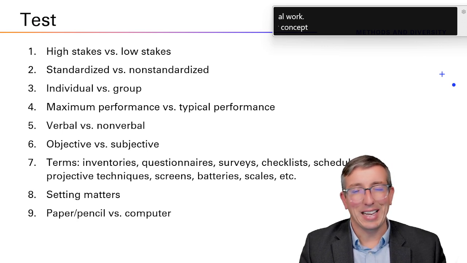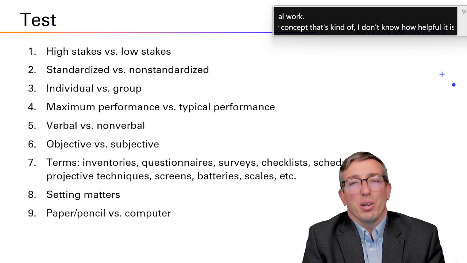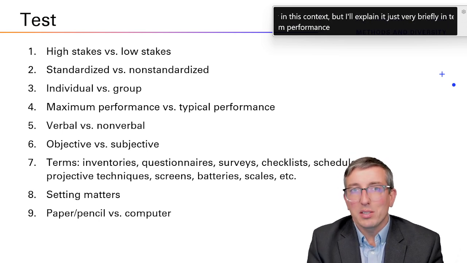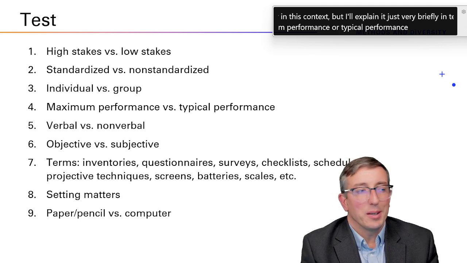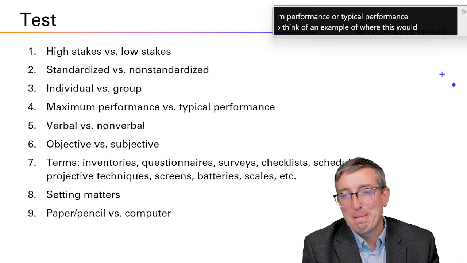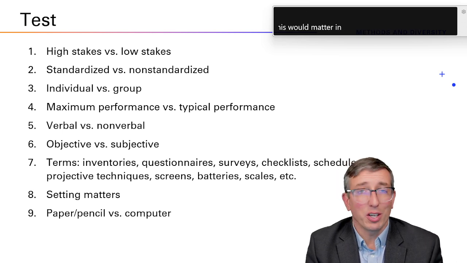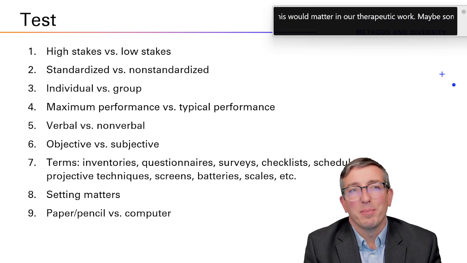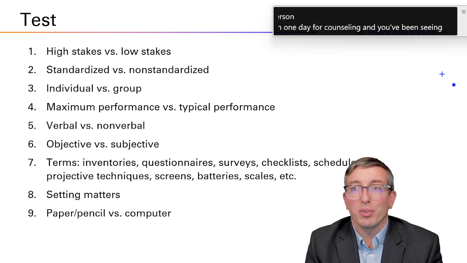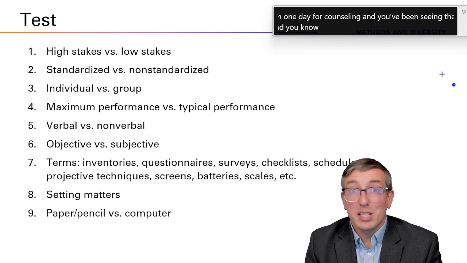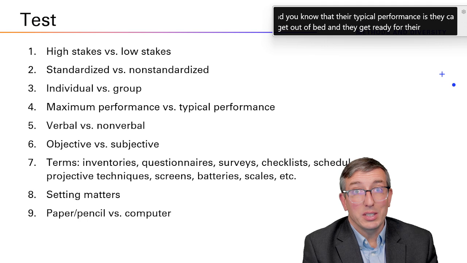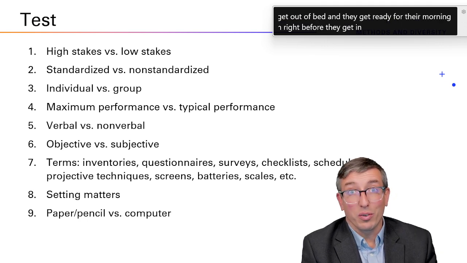Another concept, and I don't know how helpful it is for us to know in this context, but I'll explain it very briefly, is maximum performance or typical performance. I'm trying to think of an example of where this would matter in our therapeutic work. Maybe a person comes in one day for counseling and you've been seeing them for a while, and you know that their typical performance is they can get up and get out of bed and get ready for their morning routine, and then right before they get in their car to go to work, they have this